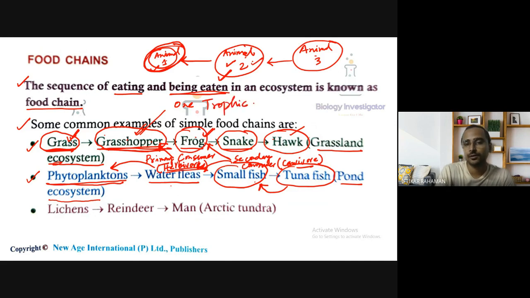I have already told you this thing, trophic level. আমি অলরেডি বলেছি ট্রফিক লেভেল কি। এটা কিছুই না, এটা একটা ট্রফিক লেভেল। প্রাইমারি কনজিউমার একটা ট্রফিক লেভেল, সেকেন্ডারি কনজিউমার আর একটা ট্রফিক লেভেল, টার্সিয়ারি কনজিউমার একটা ট্রফিক লেভেল, কোয়াটারনারি কনজিউমার একটা ট্রফিক লেভেল। প্রত্যেকটা একটা ট্রফিক লেভেল। ওকে,